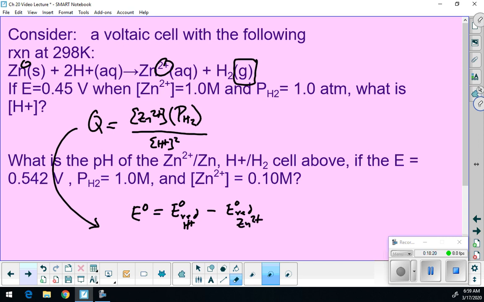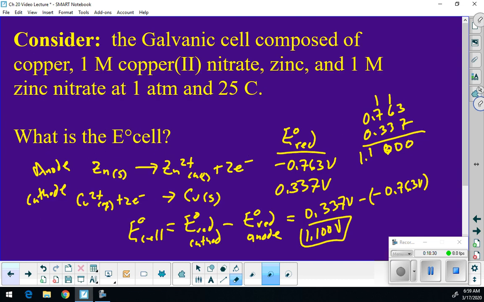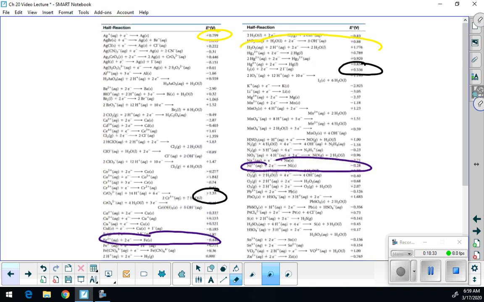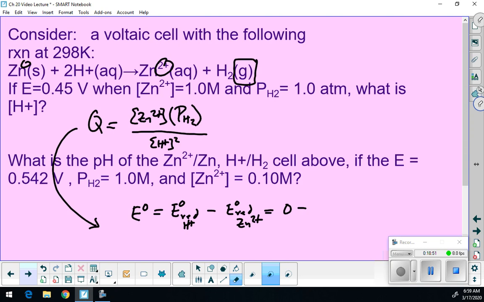Let's go check that out. So we have 0 minus negative 0.776 maybe. Let's see. You guys believe me? Zinc, it's at the bottom. Ooh, so close. Negative 0.763. Got to write that down or else I'll forget in the 30 seconds, 10 seconds, 5 seconds it takes me to get to this question. Right here, good. Oh, what is it? I almost forgot already. Oh, good thing I wrote it down. Negative